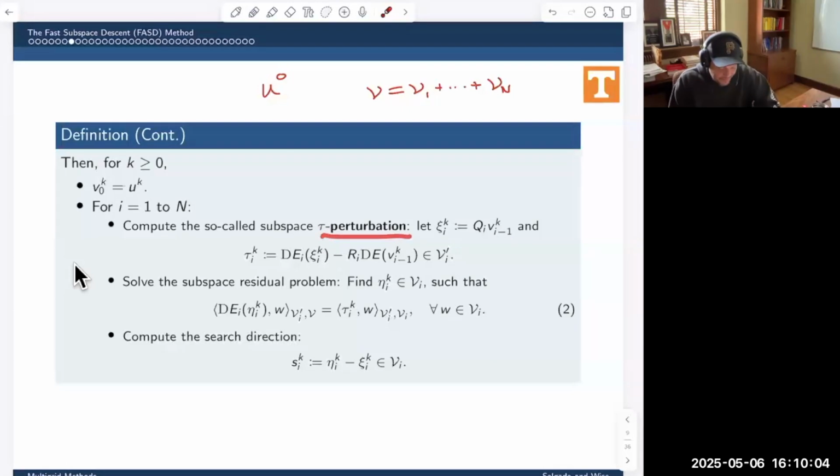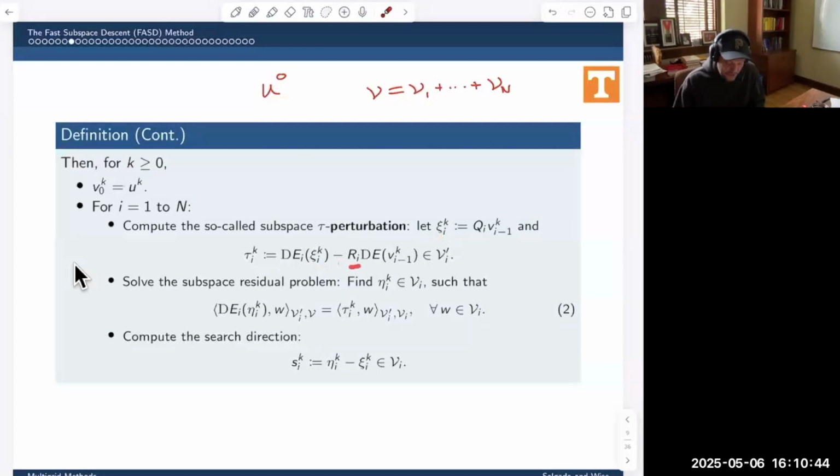We're going to calculate something called the tau perturbation over the space Vi. So this is going to be an energy which is defined over Vi. Or not, sorry, not an energy. This is going to be a functional which is defined over Vi. And so this functional is going to be a member of Vi prime, the dual space of Vi. And it's defined as follows. It's the Frechet derivative of Ei, that's the energy over Vi, whatever that is, we don't know yet, evaluated at the full approximation,